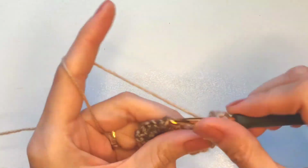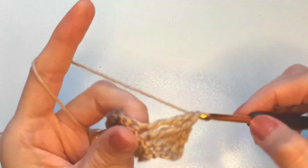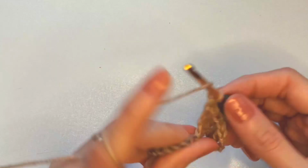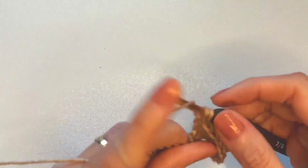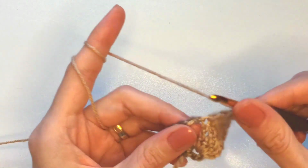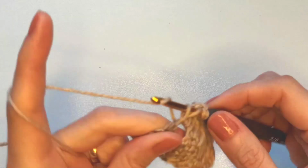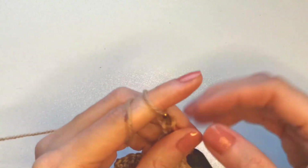Here, yarn over twice, insert into the next one. Yarn over twice, insert into the next one. Yarn over twice and insert into the last one. I come to the chain 2 space, yarn over twice and make 2 trebles here. 1, 2, 3 and make one more. 1, 2, 3. Then chain 2,